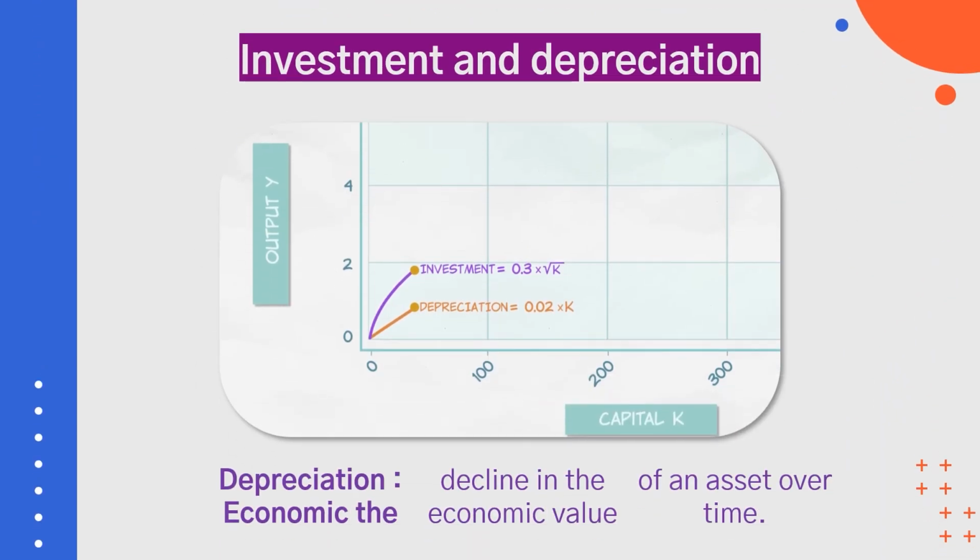In addition to investment, we need to consider another factor, depreciation, which represents the natural wearing out of capital over time. Machines, buildings, and equipment lose value and efficiency over time. Depreciation refers to the rate at which capital stock deteriorates and needs replacement. If investment is higher than depreciation, the economy's capital stock grows, leading to more output. If investment equals depreciation, the economy reaches the steady state where capital stock remains constant. If investment is lower than the depreciation volume, the capital stock shrinks, reducing productivity and output.